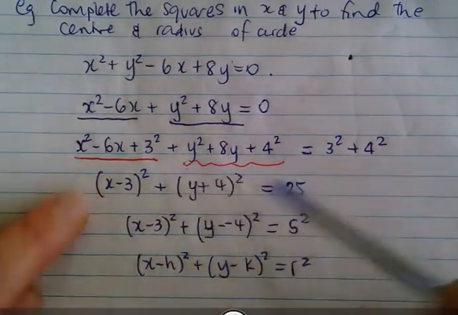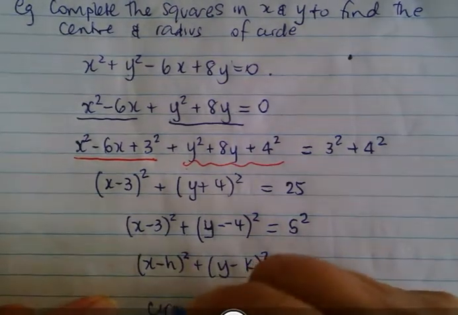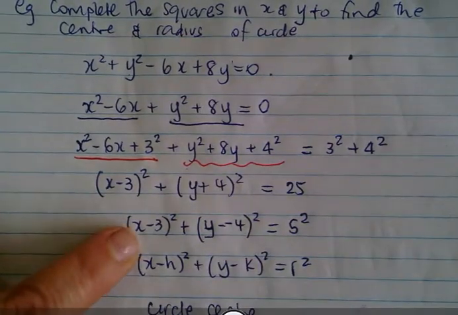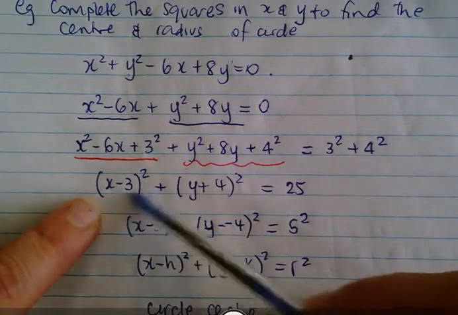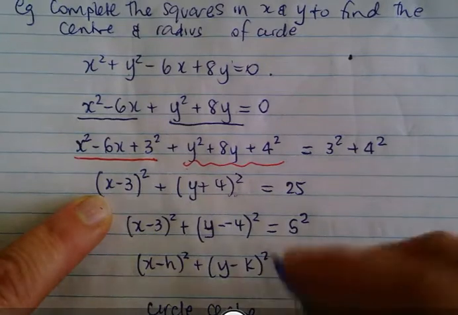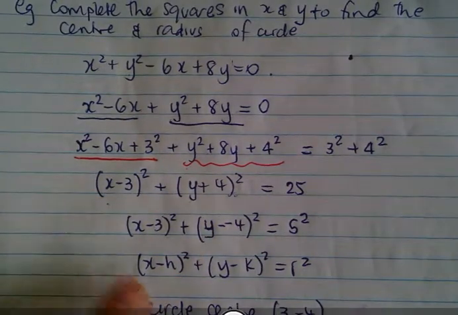So girls, I've completed the square there. You can remember it by the formula or by shifts. So this is a circle. What's the center of the circle? It's 3. Because what makes this 0? 3. What makes this 0? Negative 4. So the center is 3, negative 4, or you can write it in this format, x minus h